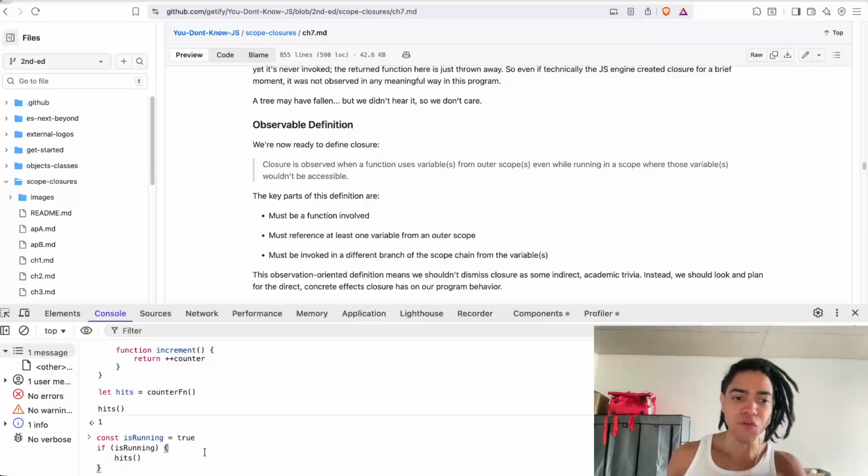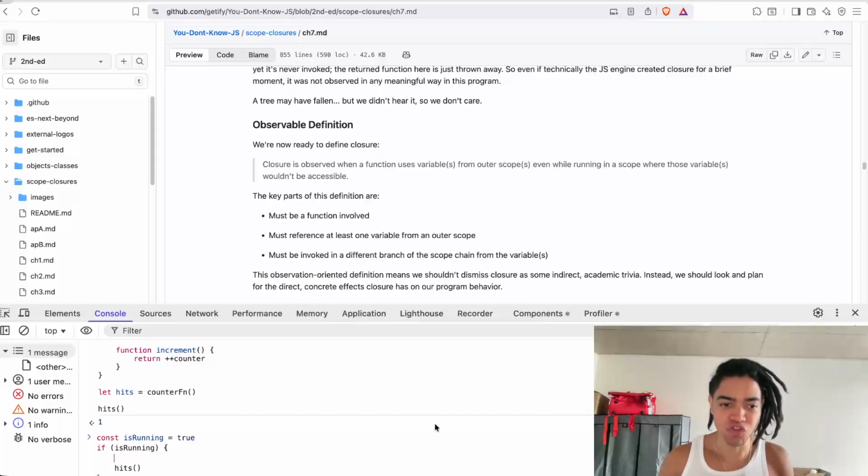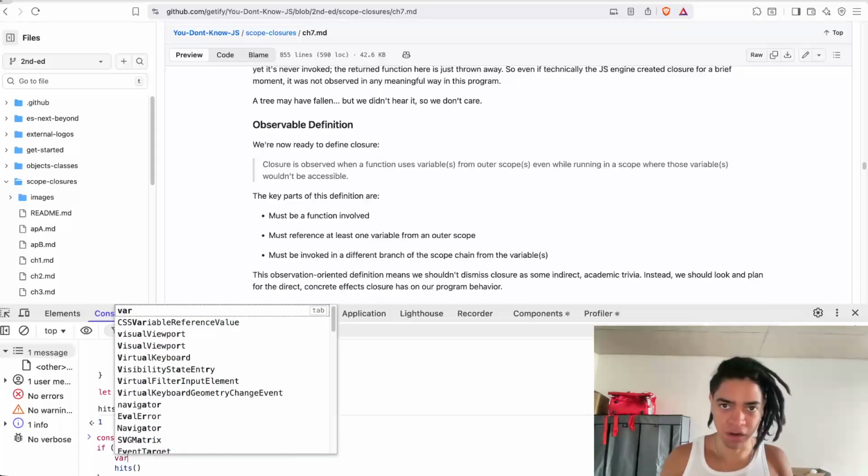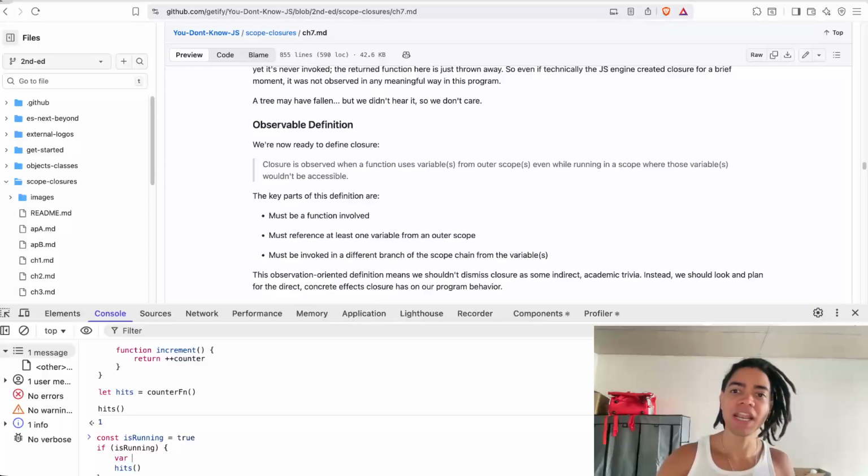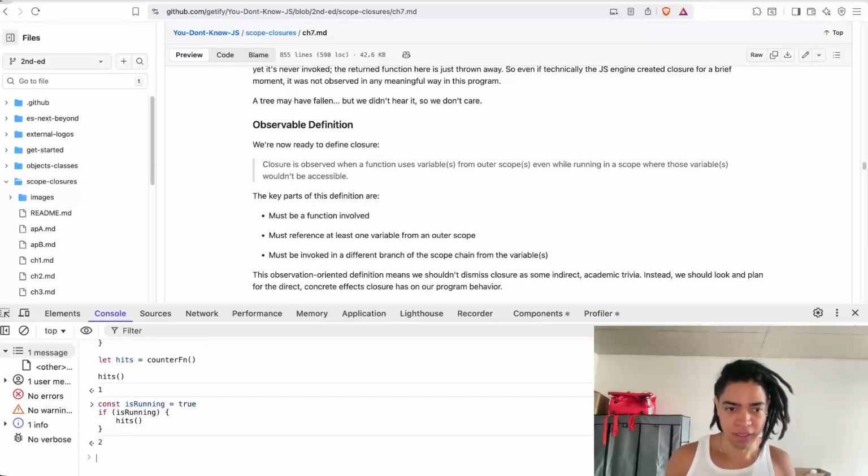You might find some confusion here, but only when you create a var, let, const, or even a function, this becomes a block. And there are also some reasons why we should avoid functions in block scope. If you find yourself needing to do that, it is preferred to use function expressions to hold a reference to that function, and we'll go into that later on. But in any case, here,